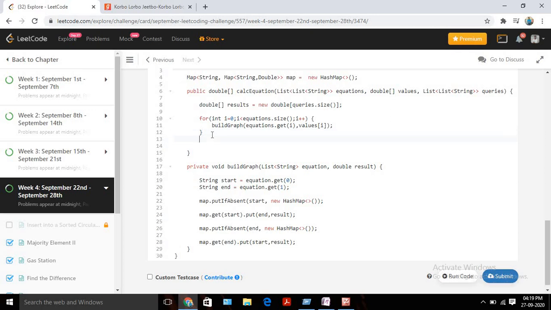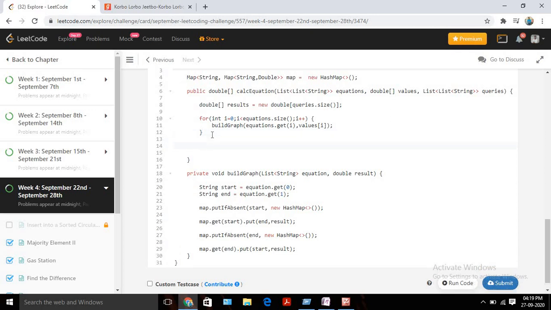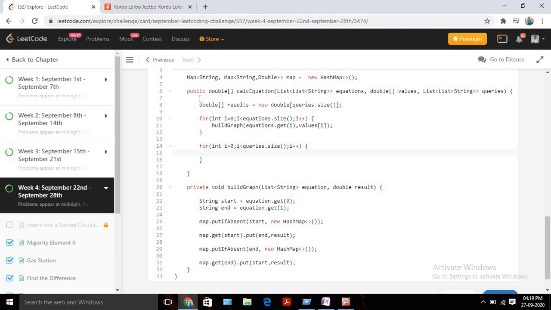So let's do that. Again I need to run one for loop. Let's start with i equals 0. In this case we need to run till our queries, right? So i should be less than queries dot size, then i plus plus. Now I need to update our double array also, right?